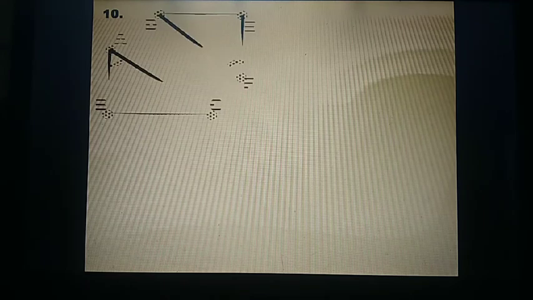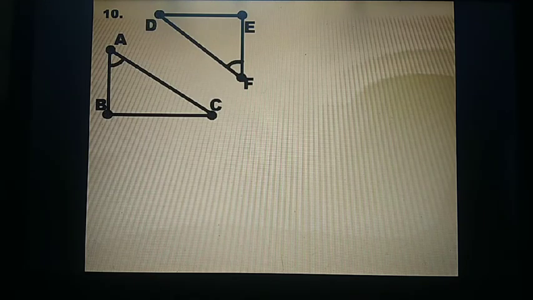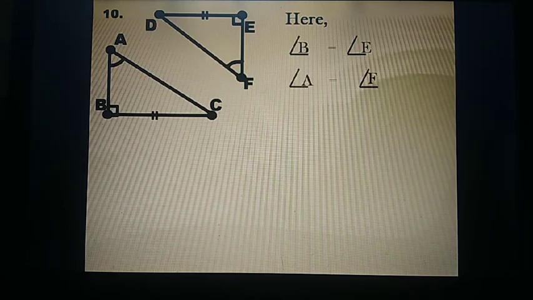Moving to the last question of the exercise, that is question number 10. Explain why triangle ABC is congruent to triangle FED. So the two figures are given to you and the only values given to you here are angle A and angle F are equal and these two sides are equal, BC and DE. And you have to check whether the two triangles are congruent or not, and you have to specify the reason too. So here it's given that angle B is equal to angle E, both are 90 degrees. Then angle A is equal to angle F, both are the same.